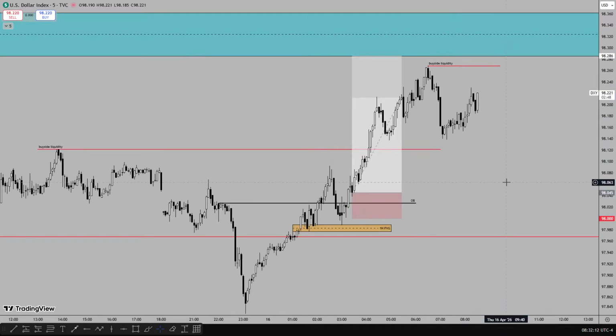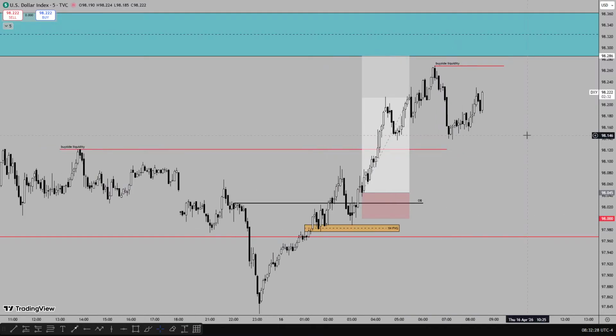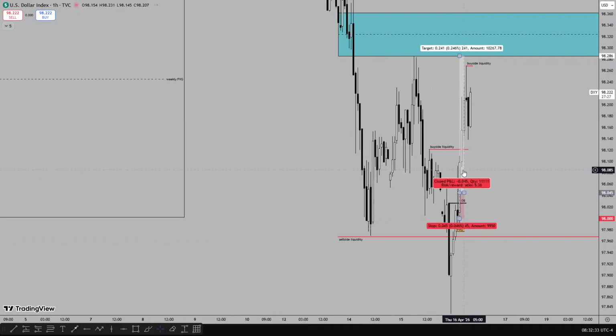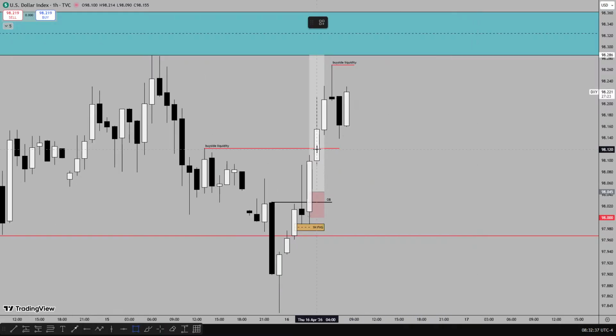Now, I've been talking about the London session. I just wanted to tell you guys and to show you guys how I do look at price from the London session to the New York session because you're on the right trade both sessions. I look for my setup within both sessions. So for the continuation, the reason I marked out the buy side liquidity, when you look at the 1 hour, there's a short-term retracement to a 1 hour fair value gap.